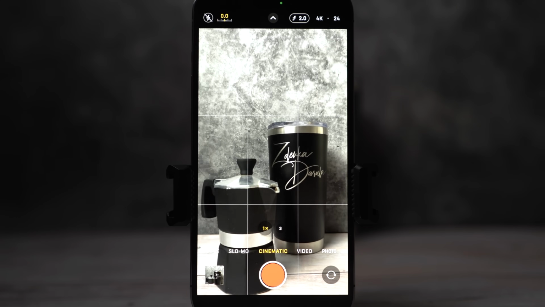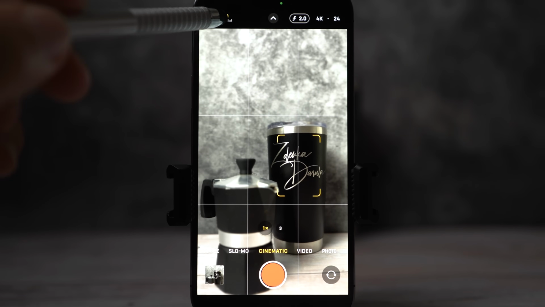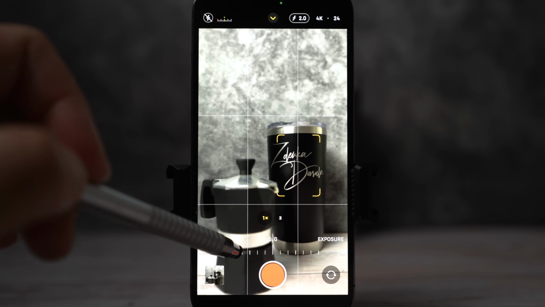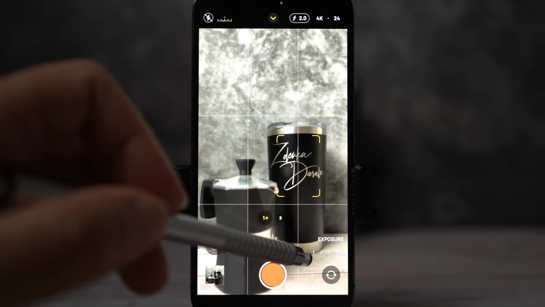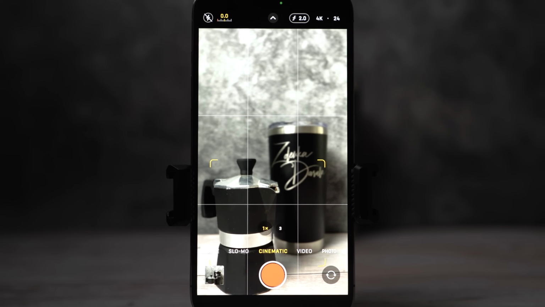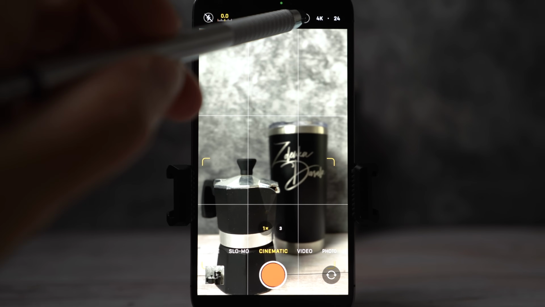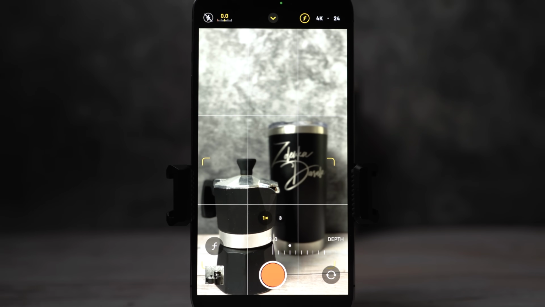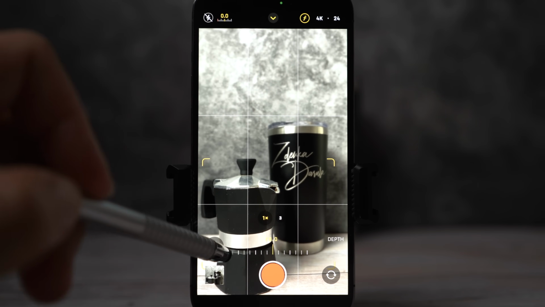Before you film, it is important to select the correct exposure. In this mode, you can only do this with the exposure slider. You can also turn on the video light if you need to. Another setting you can change before you film or after you film the clip is digital f-stop, which stands for